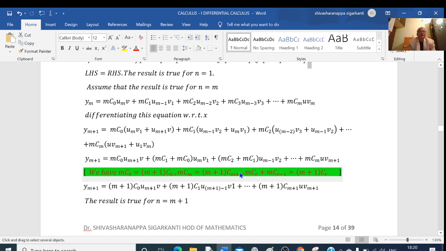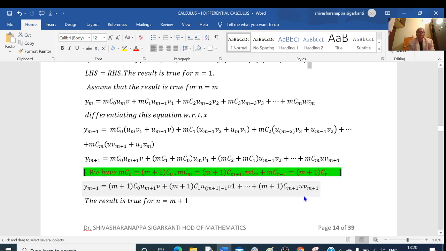Using these formulas, I will write this as MC0 can be written as M plus 1 C0, V to the M plus 1, plus. Here, applying the formula MCR plus MCR minus 1, R equal to 1 here, this is our R minus 1, this can be written as M plus 1 C1. M plus 1 C1, I will write as M plus 1 minus 1 into V1, plus the next terms, and the last term MCM can be written as M plus 1 CM plus 1